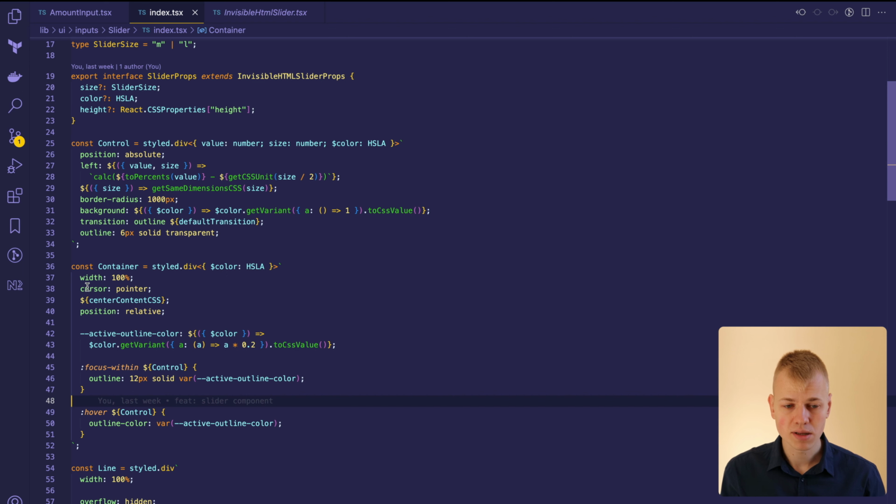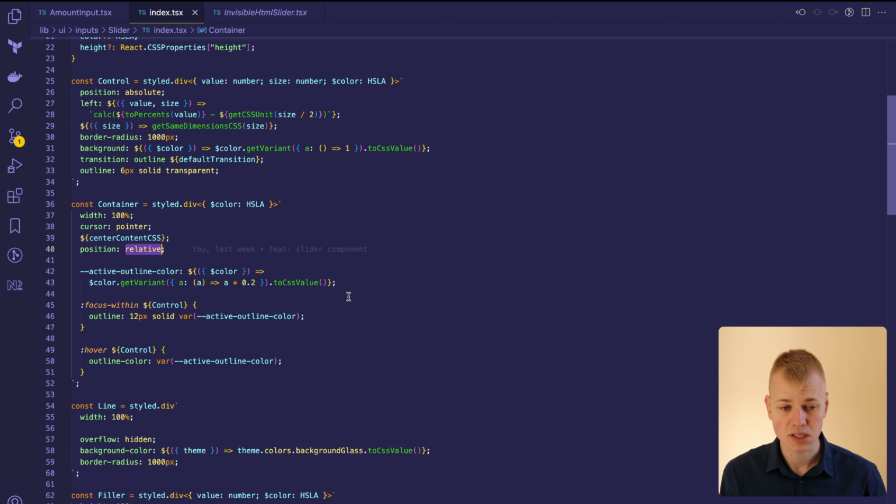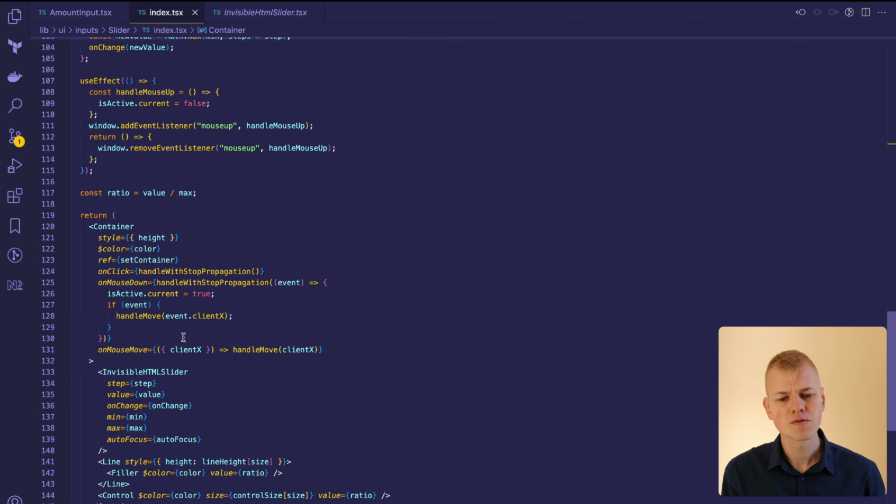First, we render a relatively positioned container and place the invisible HTML slider inside. The handle changes will listen for the user's press on the container, setting the isActive flag to true and calling the handle move function. We'll do the same in the onMouseMove handler to change the value according to the pressed mouse